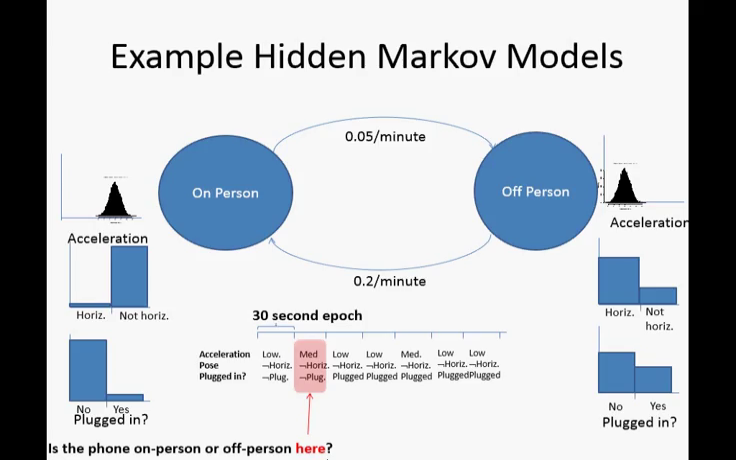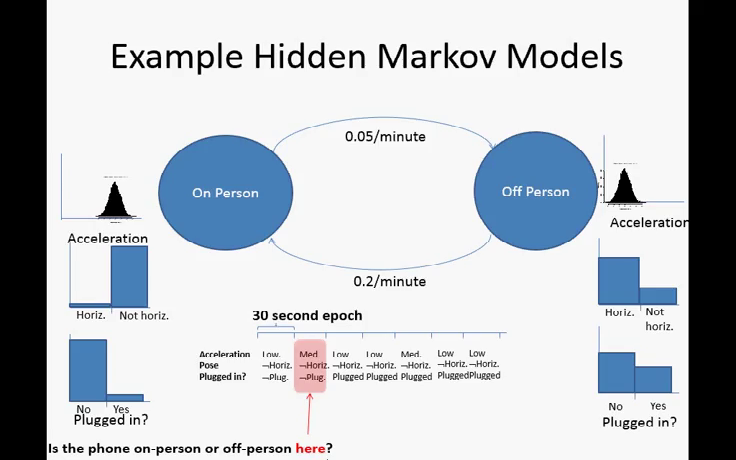The phone will tend to be more commonly in a horizontal position. Not always. It may be sitting in a backpack at an angle, but it will quite commonly be in a horizontal position, and it's more likely that it will be plugged in. Typically, when I go home, I take my phone out and I plug it in, and that charges it up. Okay? So the reflection here is that in the off-person state, we tend to have somewhat different patterns on average